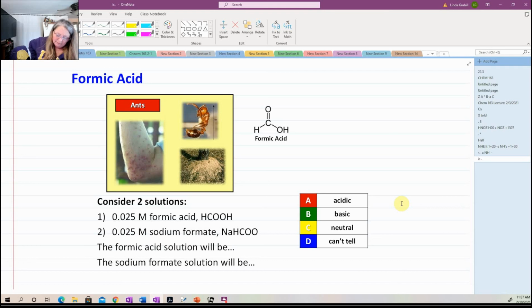Can't tell. Well, the nice thing about this formic acid is that it has the word acid in it. So that means that my weak acid is going to break an oxygen-hydrogen bond and form H3O+. So this plus water is going to go to my H3O+, and then plus